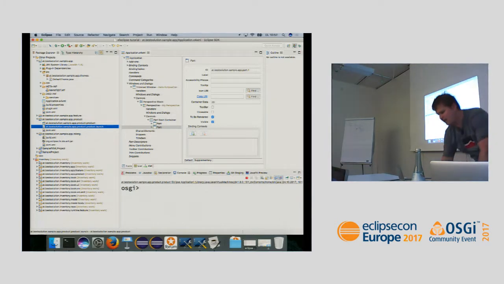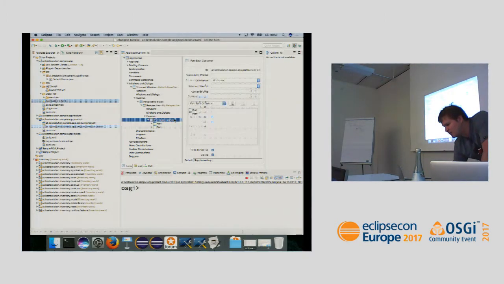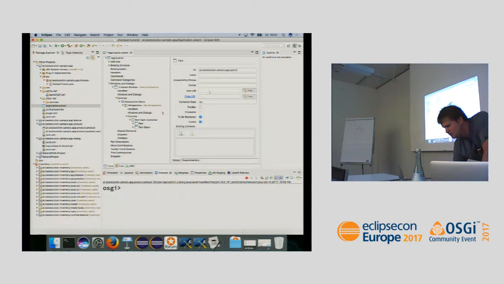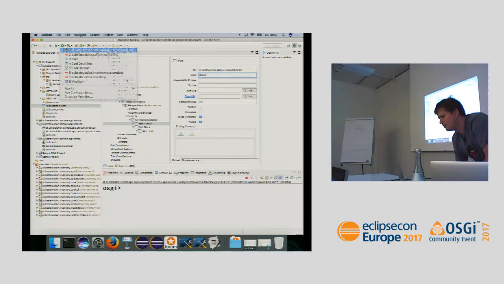If you want to have, instead of the sashes directly, you can have a part stack here, where you stack elements. So when you launch that,